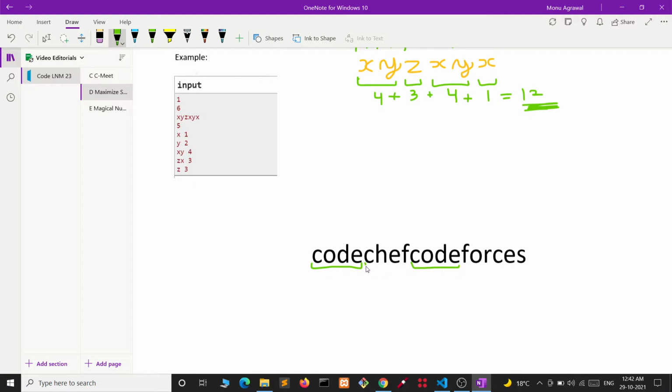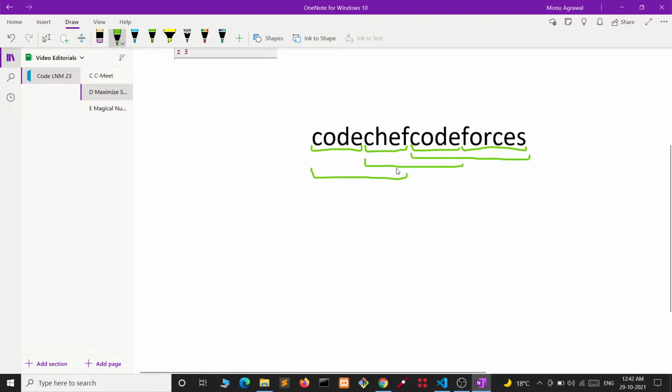Chef is also a valid word. Forces is also a valid word. Codeforces is also a valid word. Chefcode is also a valid word. And codechef of course is a valid word. These are the valid words we are given.